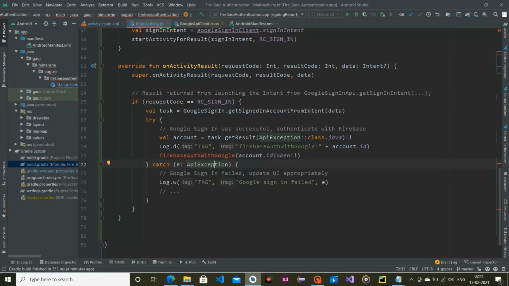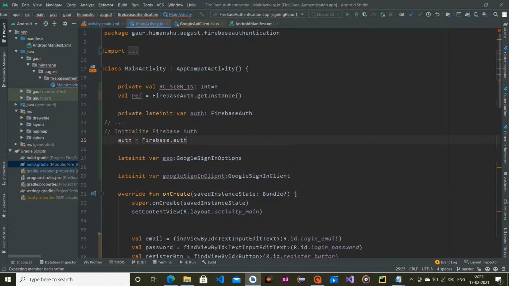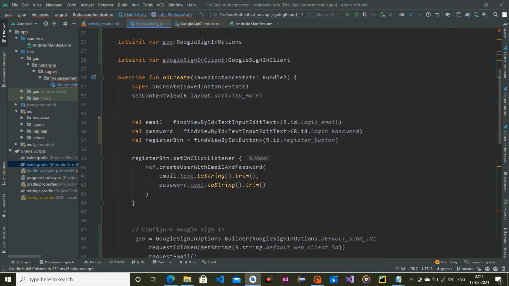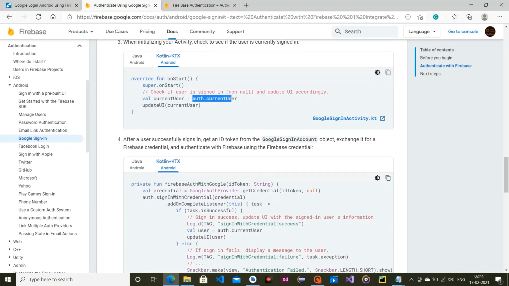Just copy this, and I already had one, but just make another one. In our onStart we check whether we are already signed in or not. If we are signed in, then we simply update our UI. We'll talk about this later.